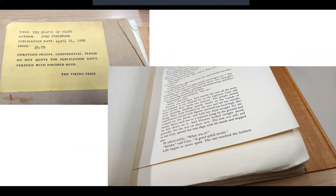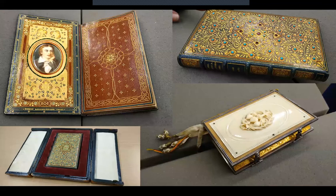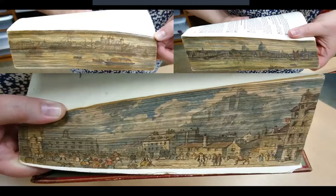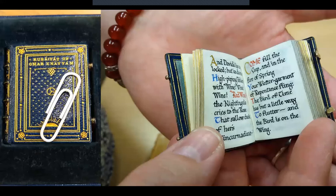So we use these objects, other objects in the archives to familiarize students with more novel or esoteric examples of historic publishing. Bejeweled and ornate bindings, such as the ones you see here, illustrious editions with gilded pages and fine artwork surrounding the printed text, novelty things such as fore-edge paintings, which are visible only when fanning the text block, novelty bindings such as this little tiny edition of the Rubaiyat of Omar Khayyam, barely larger than your standard